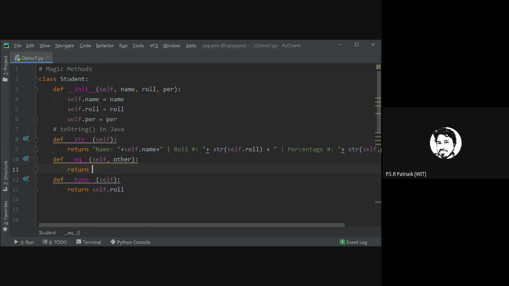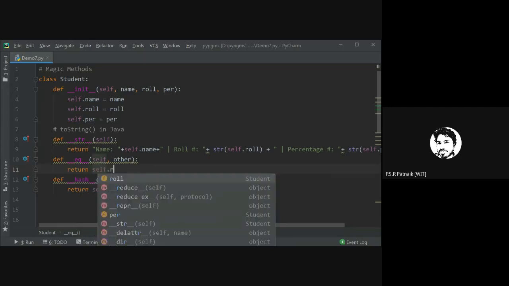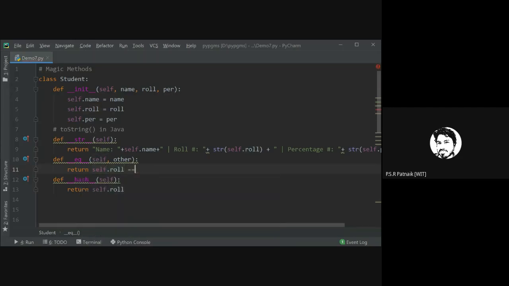You will say two students are equal if both roll numbers are the same. For now, let us consider roll number a unique field to compare two students. So I will directly return the result of comparing self dot roll number with other dot roll number.